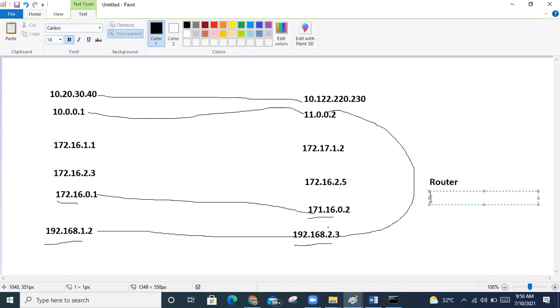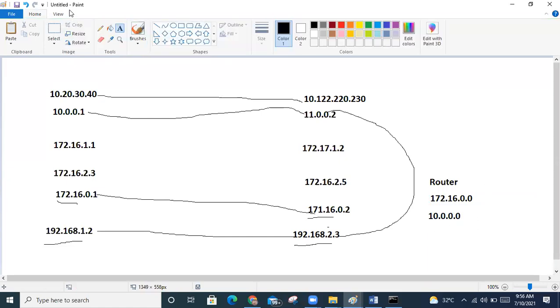Here, what they will do is give this IP address and this IP address, and write NATing. So these both will communicate and ping each other. I didn't understand, sir. Can you repeat? In the router itself, they will write routing tables to communicate with each other. That is called a router. That's why networking exists.